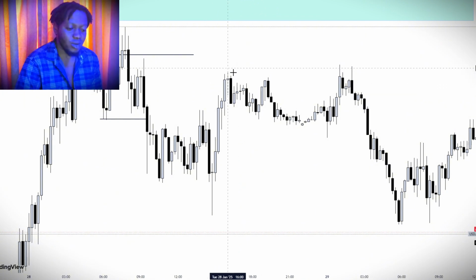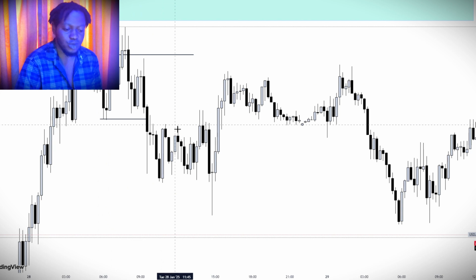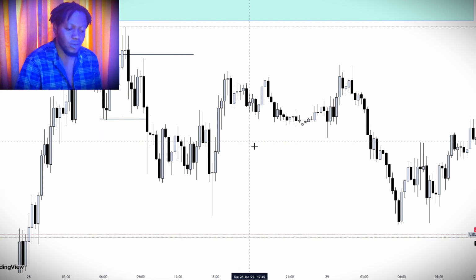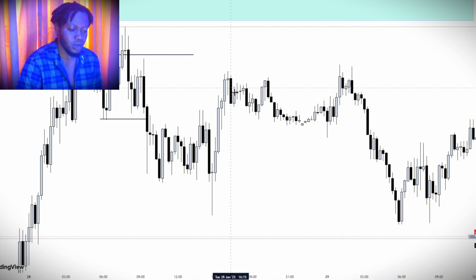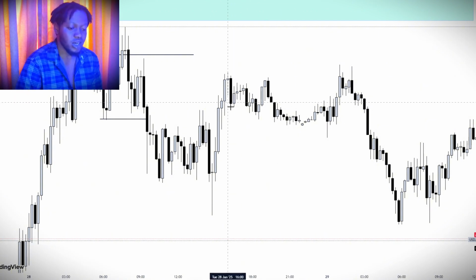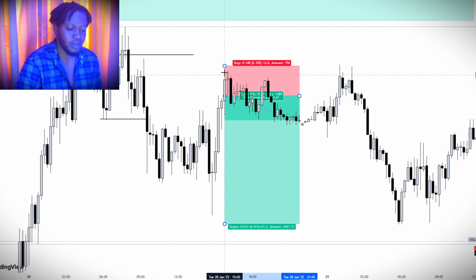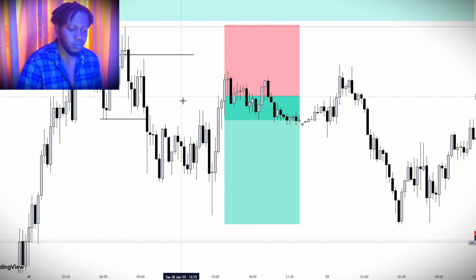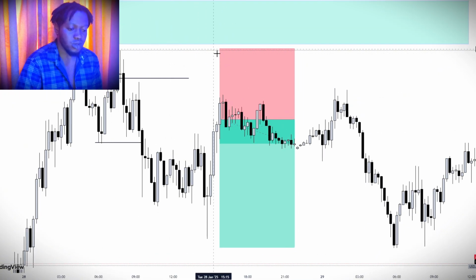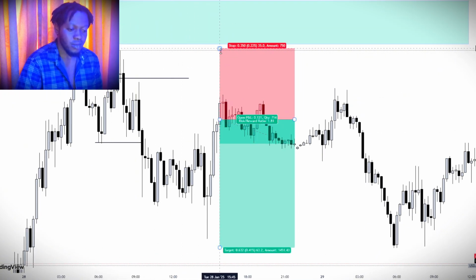Even if I didn't have this confirmation, I would still enter the trade regardless, because I already had my shift of structure. All right, so I was not bothered, but this is a good confirmation, by the way. So I entered immediately the candlestick finished forming. My stop loss is at this high here, because I already had the shift of structure, so I can put my stop loss right here. All right,